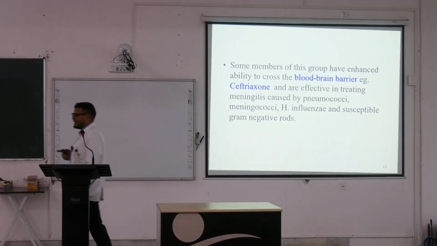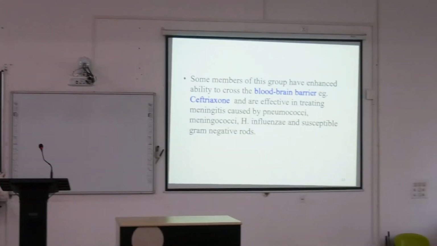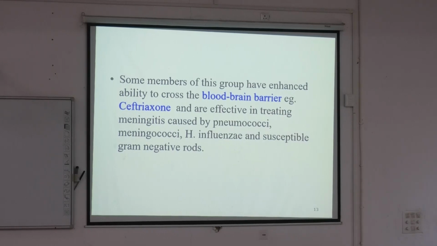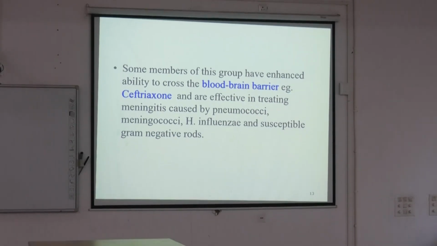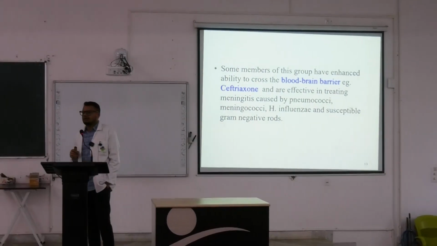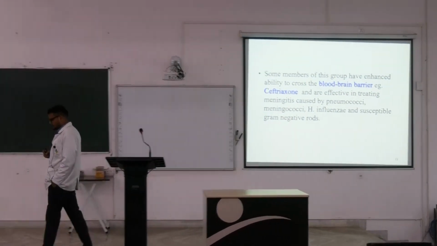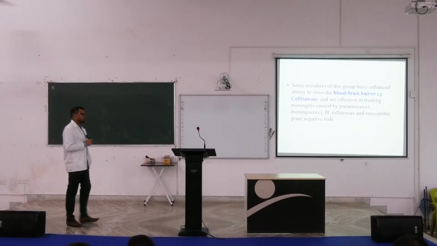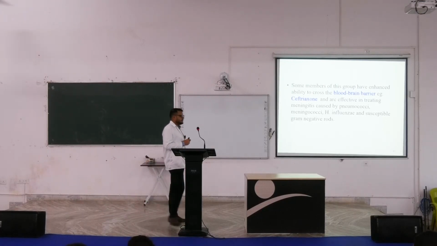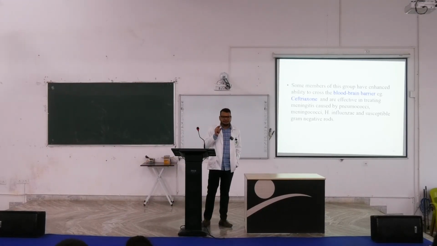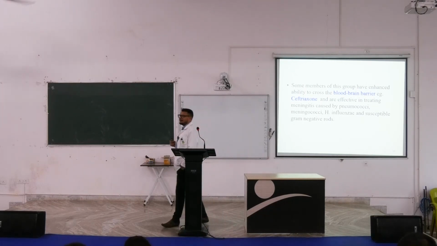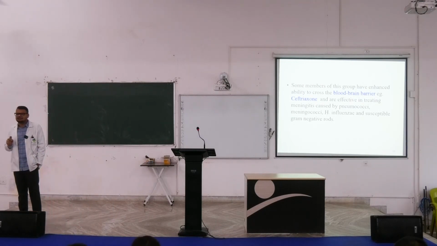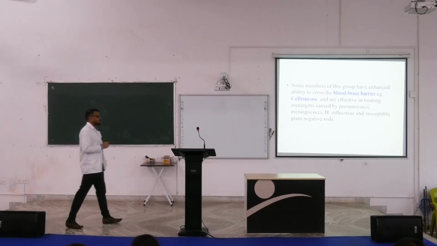Why is penicillin, which cannot cross the blood-brain barrier, used in meningitis? Because during infection, the permeability of the blood-brain barrier is increased